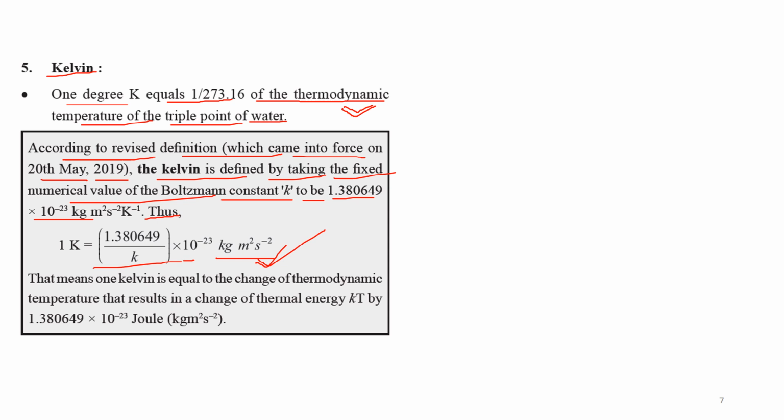Okay, that means 1 Kelvin is equal to the change of thermodynamic temperature that results in the change of the thermal energy kT by 1.380649 into 10 to the minus 23 joule. Okay,